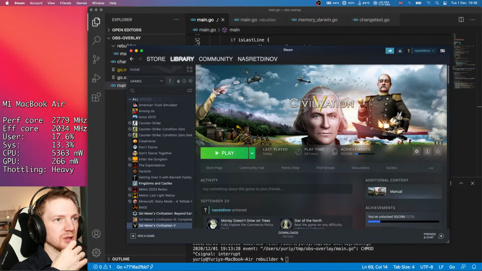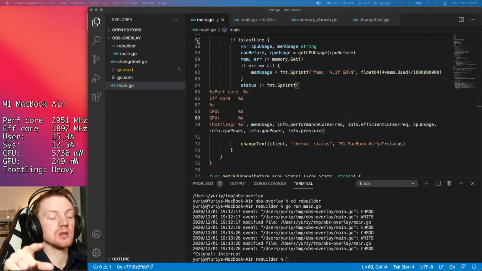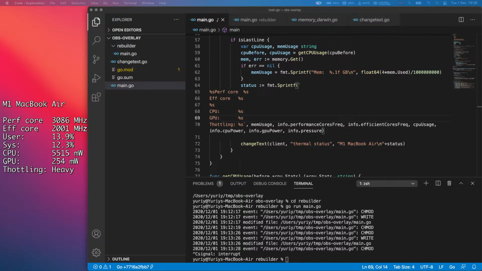So you see 5 to 10 FPS. So for me, I see 60 FPS in the game, but you don't see the 60 FPS on the stream, because I think OBS doesn't get as much CPU. But it's definitely too much for the MacBook Air to play games and to stream, at least with the camera on. So if I turn off the camera, let me show it to you. So I can turn off the camera stream, and you'll see that the user and system CPU will drop a lot. So without the camera,